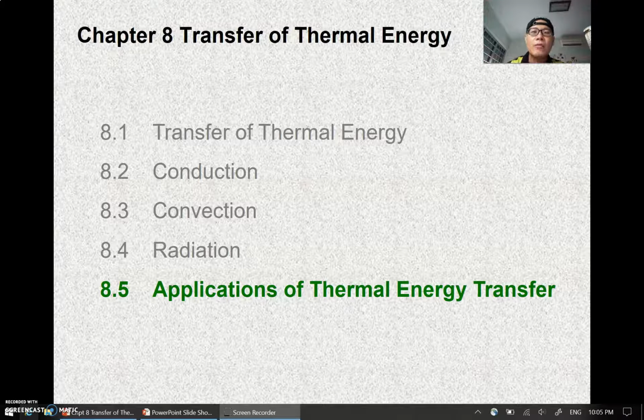In dealing with applications of heat transfer, one of the common mistakes that students always make is that we assume the answer or the application requires only one mode or one form of heat transfer. But this mentality is one of the key mistakes that students make in daily applications. Most of the applications we are dealing with actually involve two or more modes